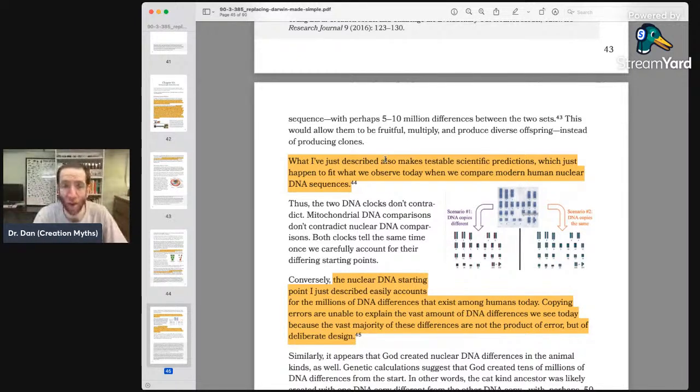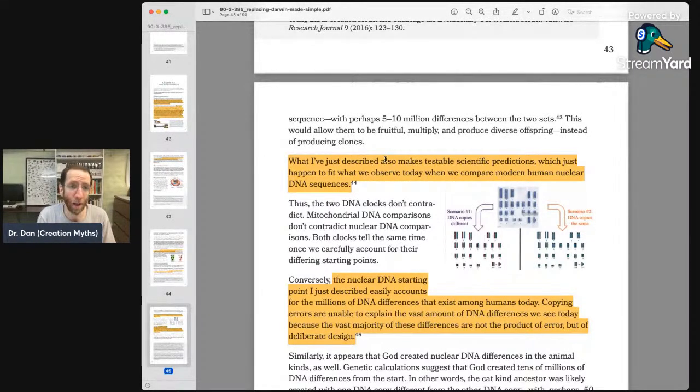We actually just ran some numbers on some of the genes that have a lot of variation, like the ABO blood group gene. You can just do the math on how big is that gene, what fraction of its chromosome is it? It's like 1 out of 5,000. It's 1/5000th of the chromosome, and how fast does recombination occur? How long would it take to get all the variants of that gene starting from 4 ancestral copies? You can do the math on that, and it doesn't work for this.